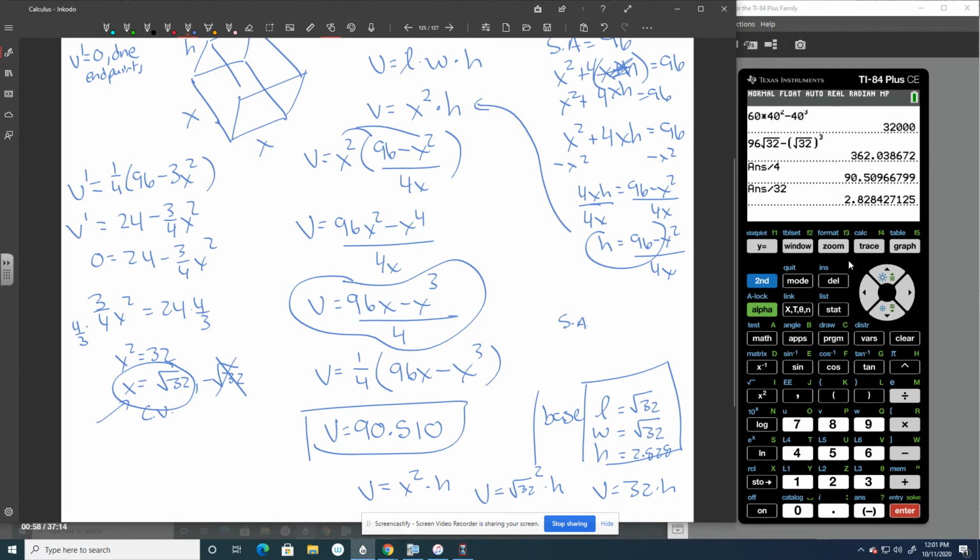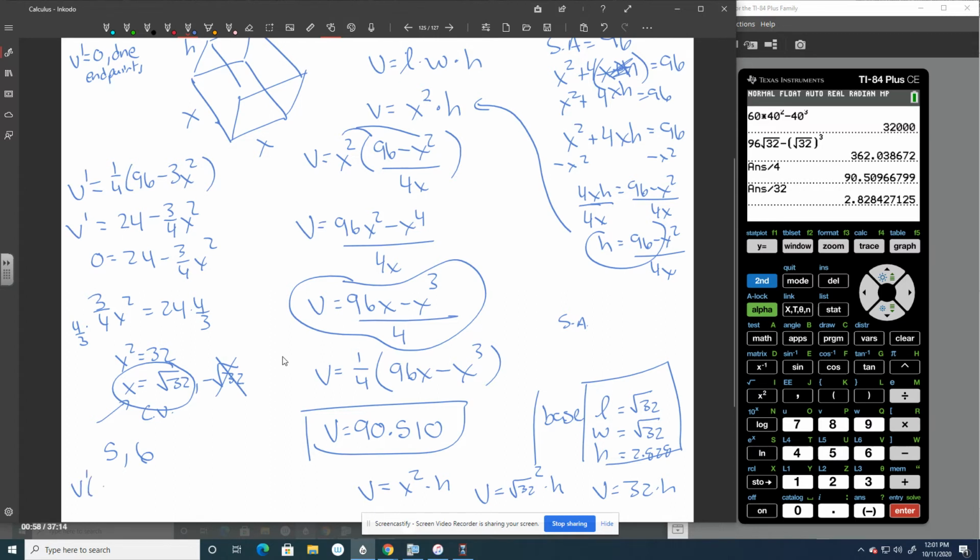So if I were to plug in something smaller than root 32, that would be the square root of 25, which is just 5. Something bigger than root 32 would be the square root of 36, which is 6. So if I just plug in a 5 and a 6, what I'm looking for is I need the